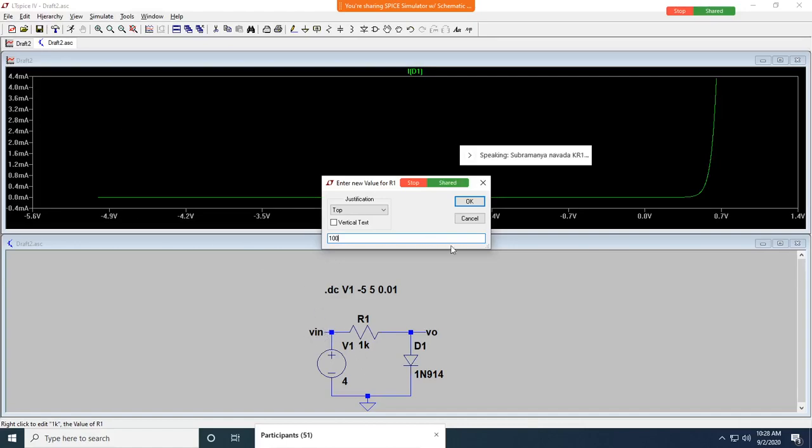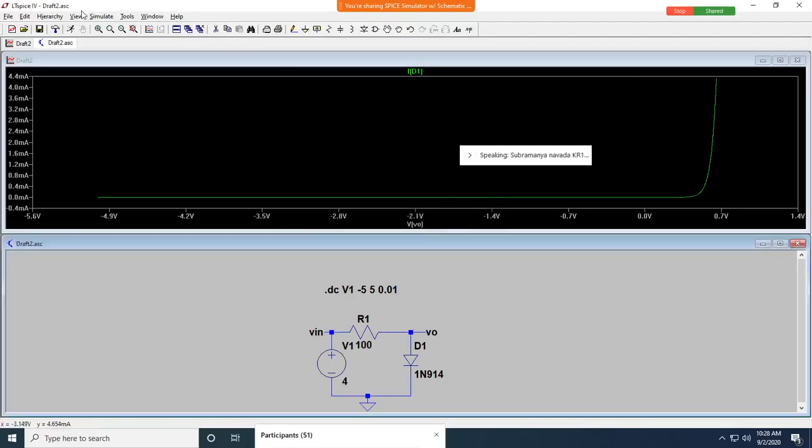If you run it now, it will be 44. Can you see now? Okay. Yes, sir. The maximum current can go up to 44. Of course, it's not exactly 44, somewhere around 42 or 41 milliamperes. You can see the shape remains the same. Yes, sir. No change in the characteristics. Only the magnitude of the current flowing through the diode has changed. That will not affect the response except the magnitude of the current.